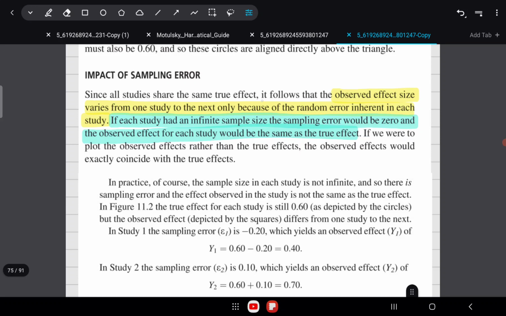Suppose we do 3 or 4 studies, the effect size that we compute will be the observed effect size, and obviously it will vary from one study to another. Why? Because of sampling error or random error, which is inherent to each study. If the study had an infinitely large sample size, the sampling error would be 0, and the observed effect would be exactly the same as the true effect, but that is not the case.